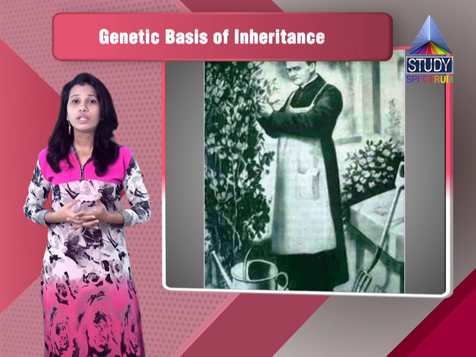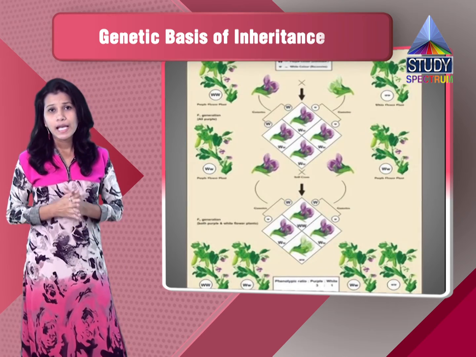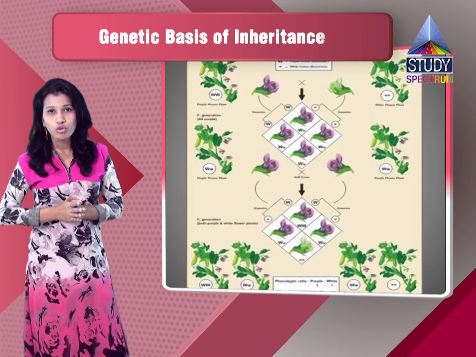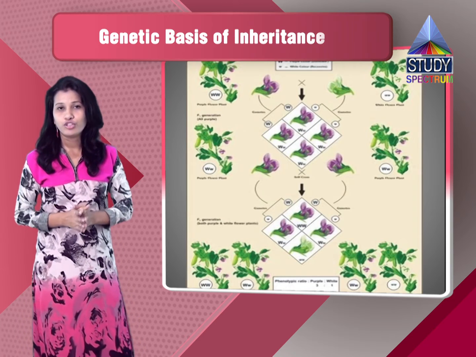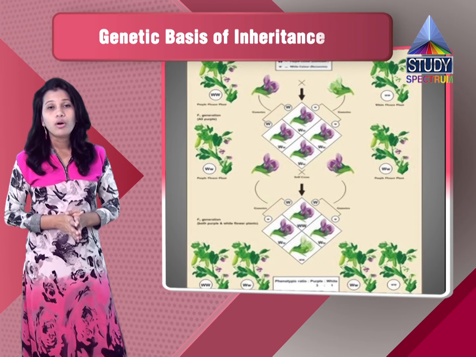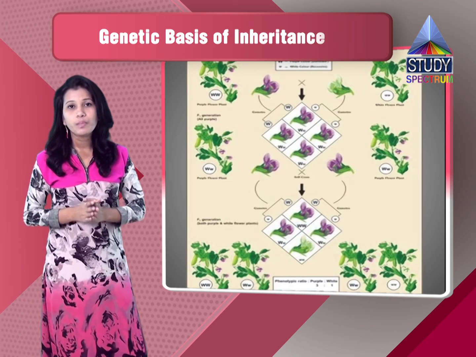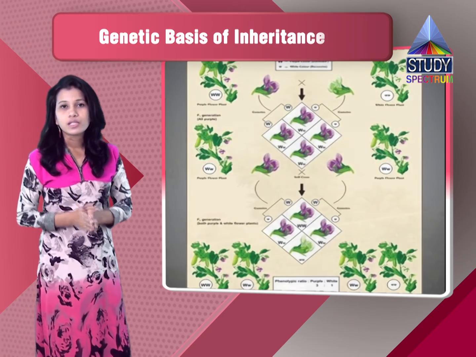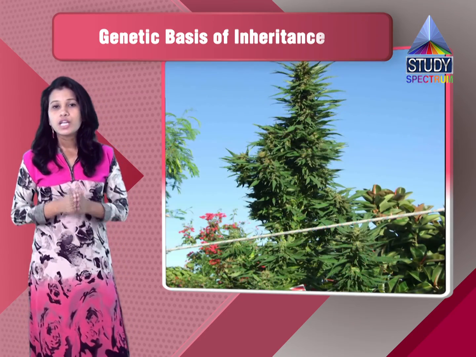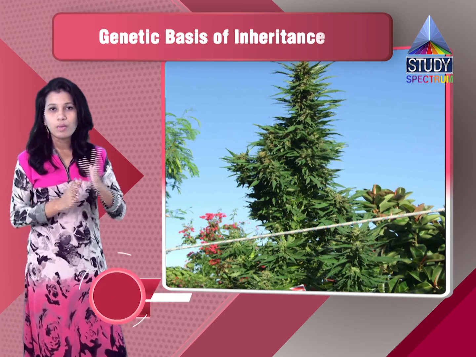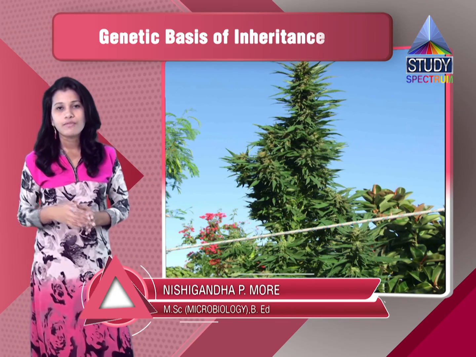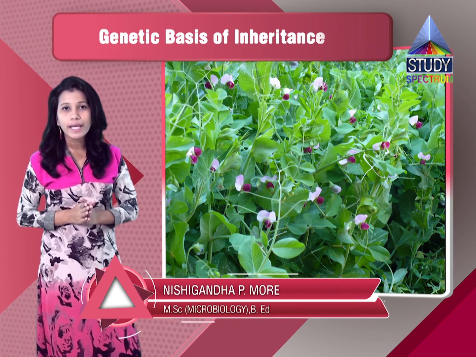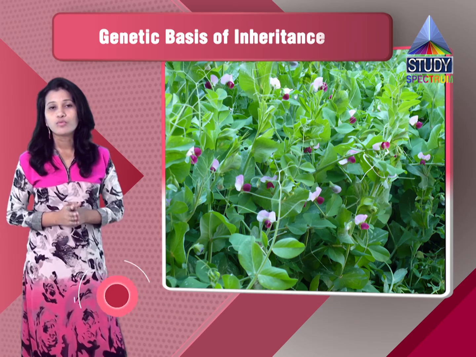Then the next question that we need to know is what is a monohybrid cross? Explain with a suitable example. So when we need to know what is a monohybrid cross, first of all we should write the definition of the monohybrid cross. So monohybrid cross is a cross between the parents which are having only one contrasting character. That means if you consider the height of the stem, one plant is having tall height and another plant is having dwarf height, only these two characters will be different, rest all characters will be same. So this is called a monohybrid cross.